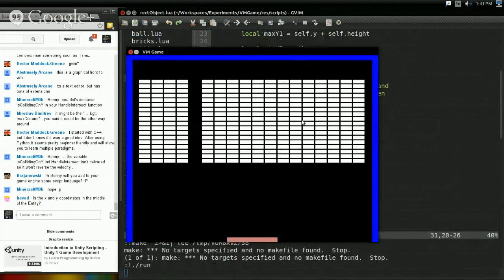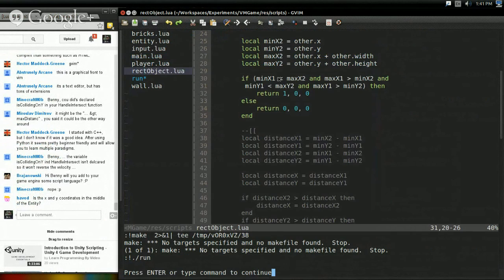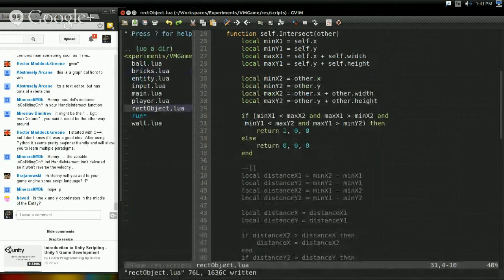The reflection's not exactly working, but you know what? We do have collision. Bricks are being detected and they're being destroyed. So with that,